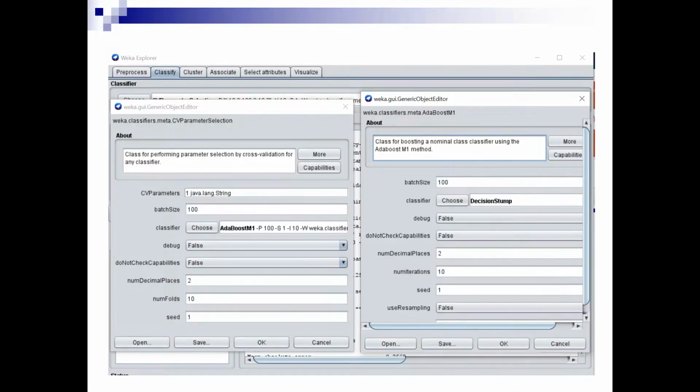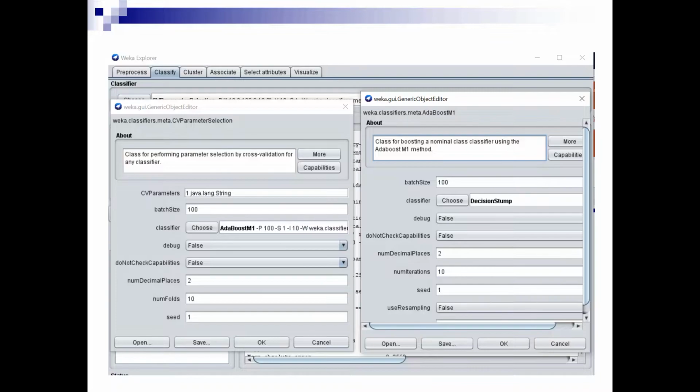This time, whereas for bagging, I chose a more complex, less simplified, less pruned version of J48, for boosting, instead, I take the opposite approach. I take the ultra simple version. So decision stump is like the simplest possible decision tree with only one node. So on every iteration, I'm adding basically one node to the tree.